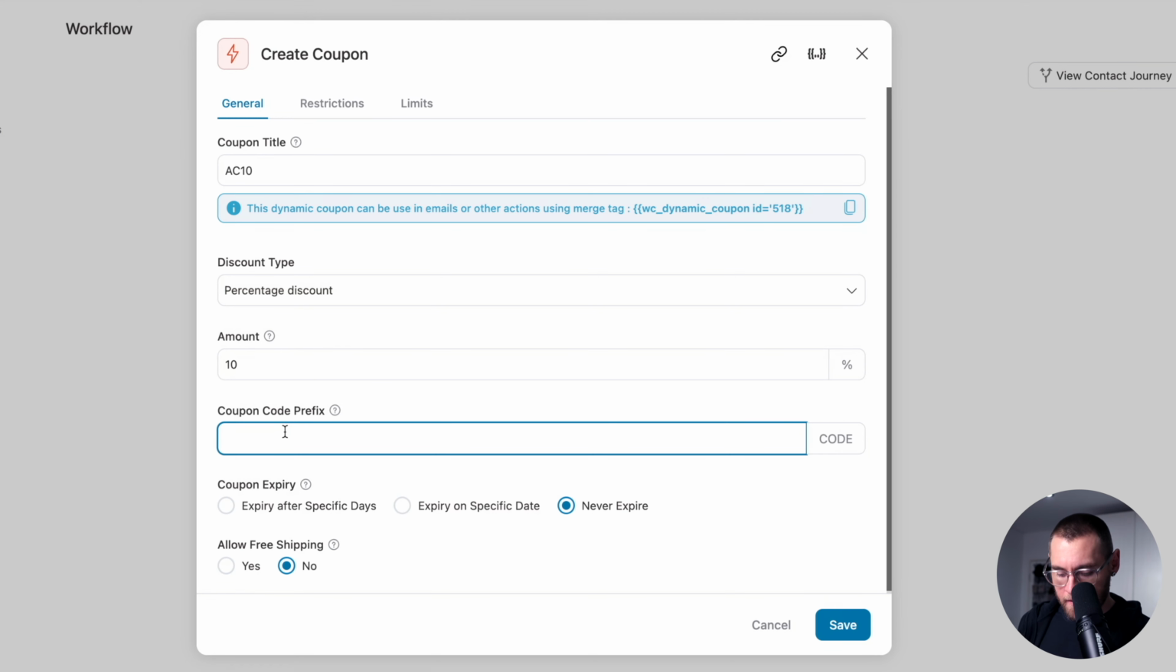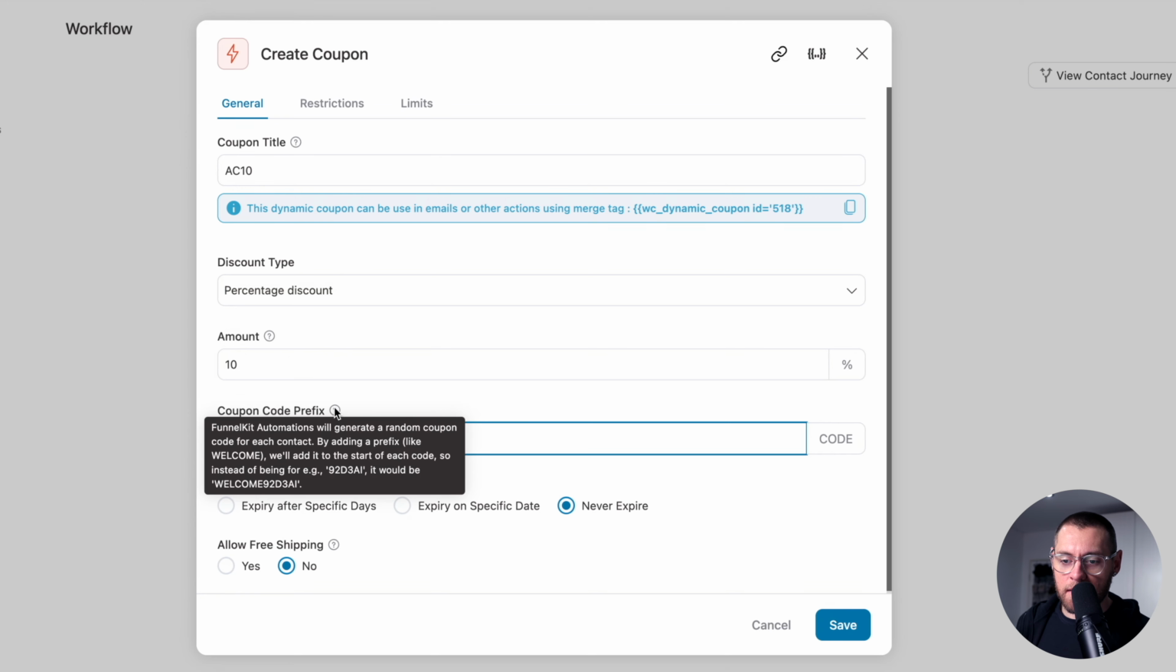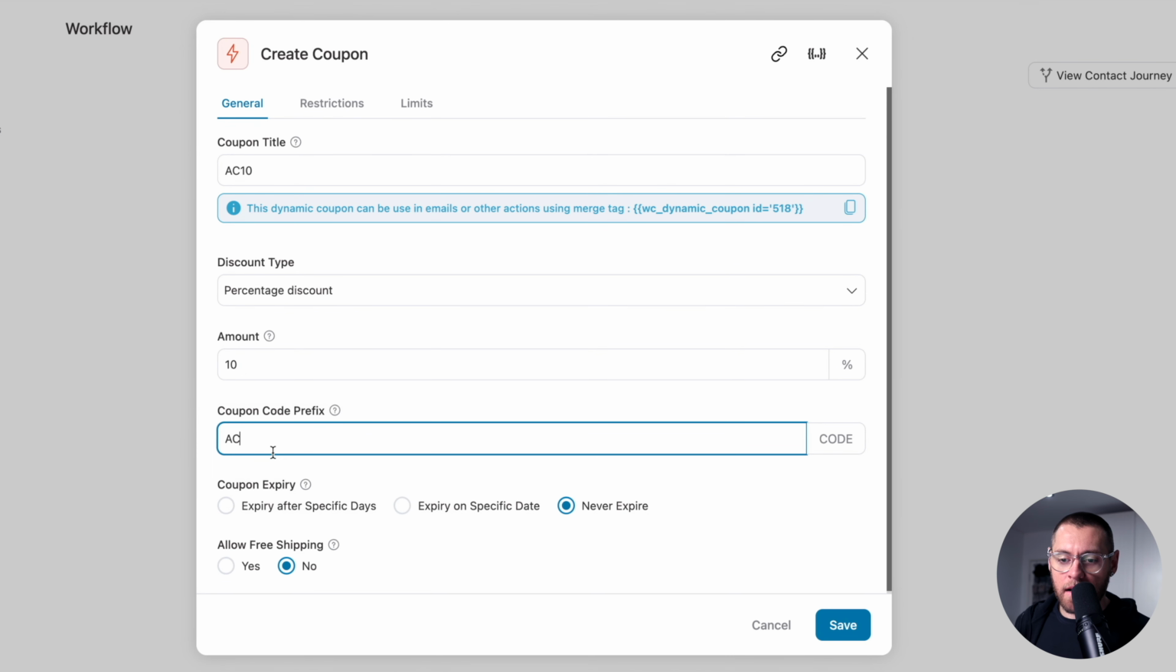For the code prefix, I'll do AC for abandoned cart. And if I hover on the tooltip, it explains how the coupon code will be generated. Basically, it'll create a dynamic coupon code for everyone that starts with AC, and then after that, it will be unique to each person. So one person will get AC this, and then the next person will get AC that,